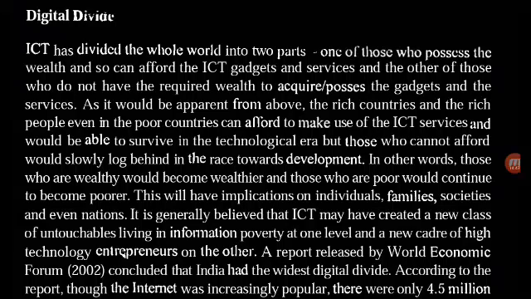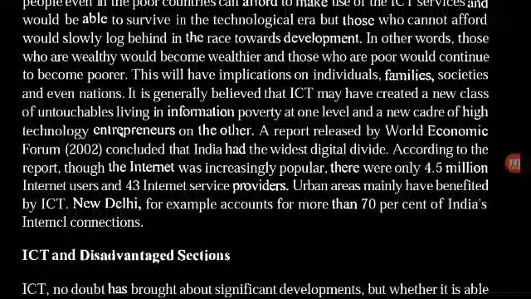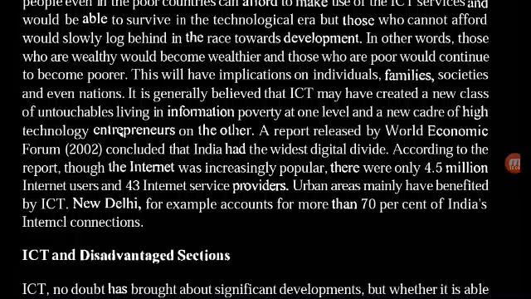In other words, those who are wealthy would become wealthier and those who are poor would continue to become poorer. This will have implications on individuals, families, societies, and even nations. It is generally believed that ICT may have created a new class of untouchables living in information poverty at one level, and a new cadre of high technology